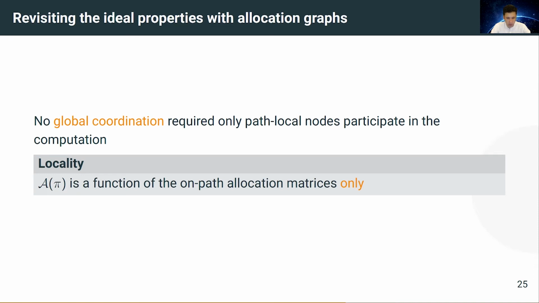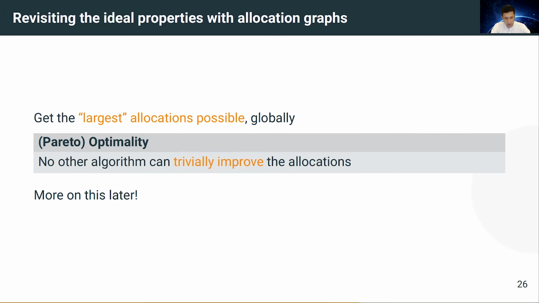The requirement for no global coordination is expressed by the locality property, which says that this algorithm for a path pi is a function of the on-path allocation matrices only. The idea that the allocations should be the largest possible is represented by this notion of Pareto optimality, with which we express that no other algorithm can trivially improve the allocations of our defined algorithm, and we will specify this property a bit more in detail later when we will show a sketch of the proof of this Pareto optimality